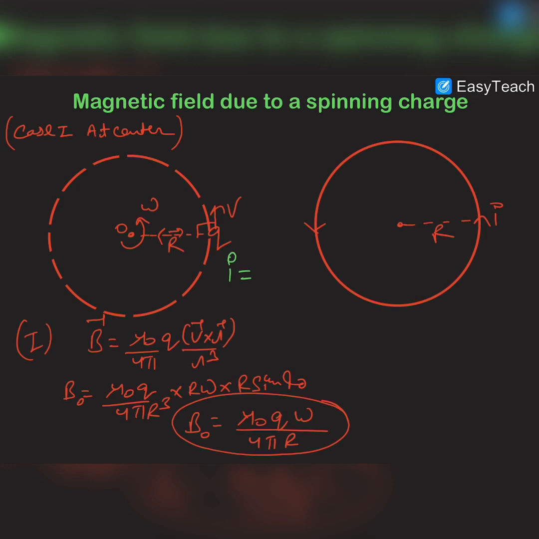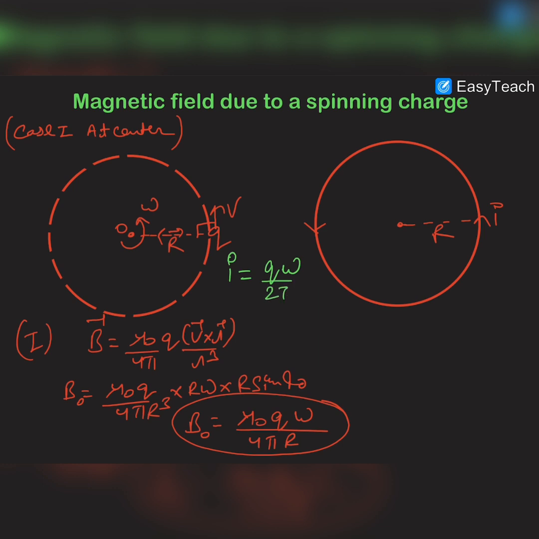So we are considering that this charge is moving in this circle, therefore there would be some current flowing in it, and we can assume a current carrying ring which is having a current I equal to q omega